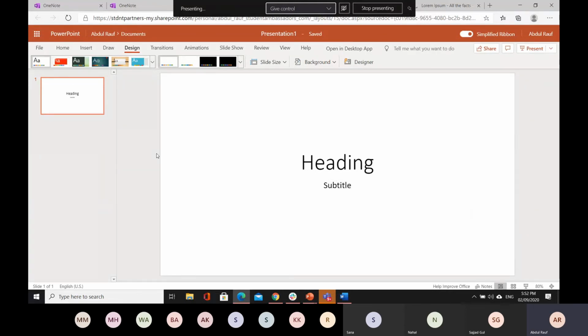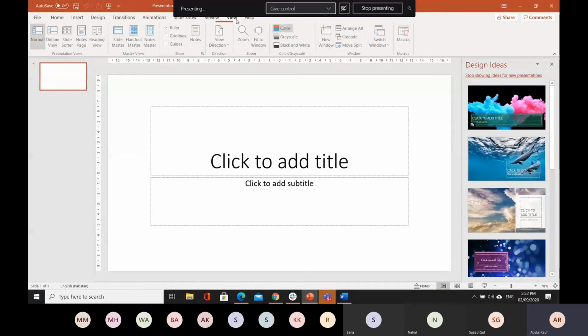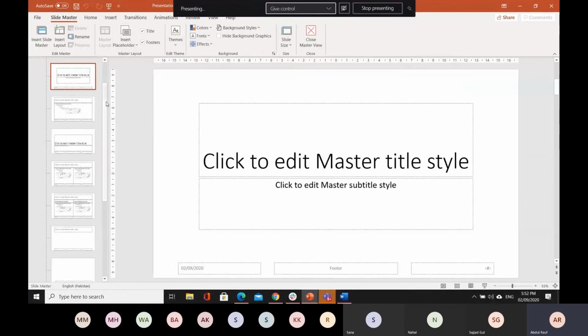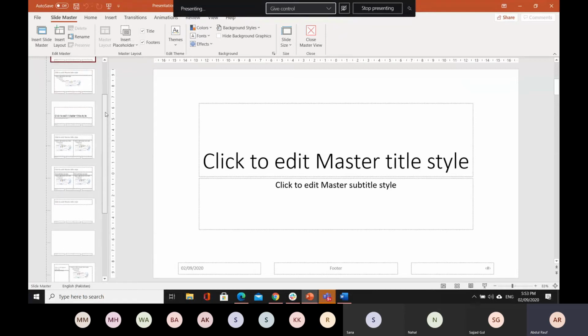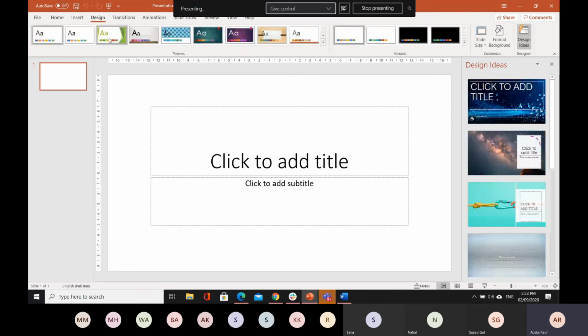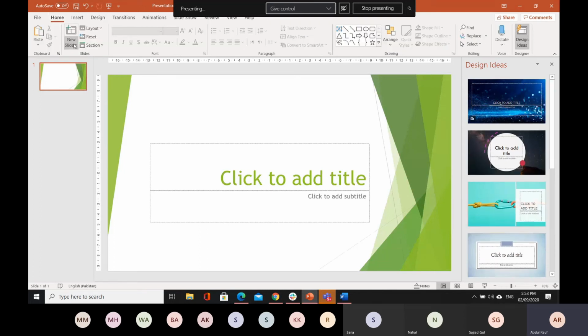So there is a feature in PowerPoint called Slide Master. It basically lets you edit your slide. Let me switch to the desktop version. When you go to View, you will see Slide Master here, and when you click on Slide Master, it basically lets you edit templates. To explain in easier words, you have designs here, and if we go to a new slide,